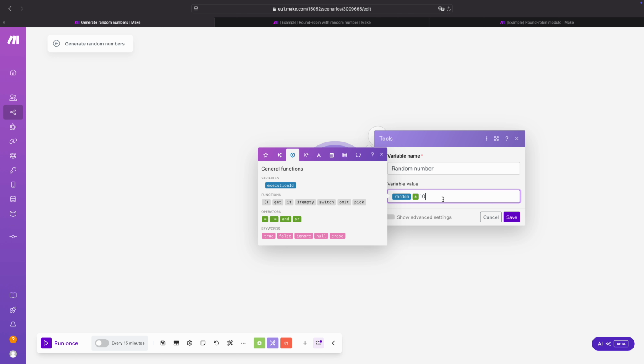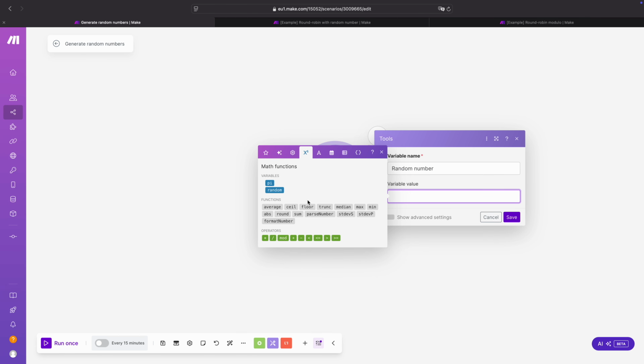So what we do then is we select all of this, copy it, and then remove it. Then we go over to the math functions, and over here underneath functions, you find floor. Floor returns the largest integer or whole number that is less than or equal to the number that was generated.